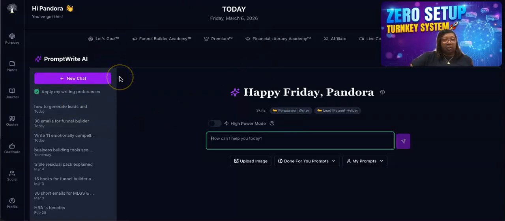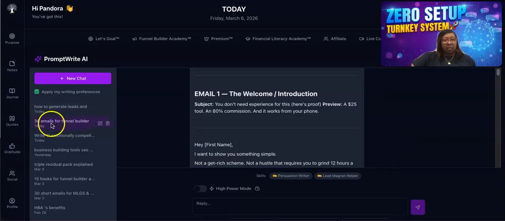So anyway, let me just show you. I'm going to show you a sneak peek of one of the emails. All right, see right here. I named it so that I'll know what I'm looking for when I go back in here: "Create me some emails for the funnel builder." Right. So let me click it. Hang on, let me get it together. Okay, you can see I'm still in it, but I wanted to get to the one at the top here. I'm just going to show you a sneak peek into one of them that it created for me that I